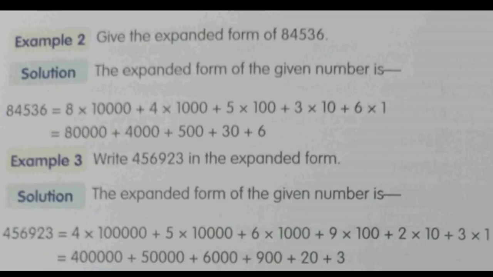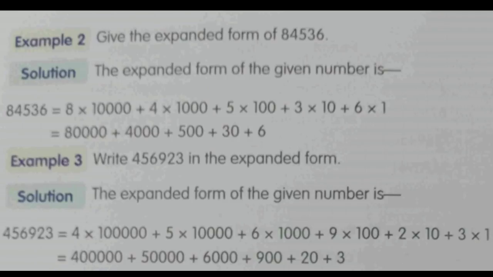Now this one is again a bigger number that starts from the values of lakhs. So we can write it as 4,56,923. So the expanded form of the given number will be written as 456923 is equals to, first is 4. So 4 is on the lakhs place. So multiply 4 with that of 1 lakh. So 4 into 1 lakh. Plus 5 into 10,000 because it is on the 10,000 place. Next 6 into 1000 as 6 is on the 1000 place, plus 9 into 100 as 9 is on the 100 place, plus 2 into 10 as 2 is on the tens place, plus 3 into 1.